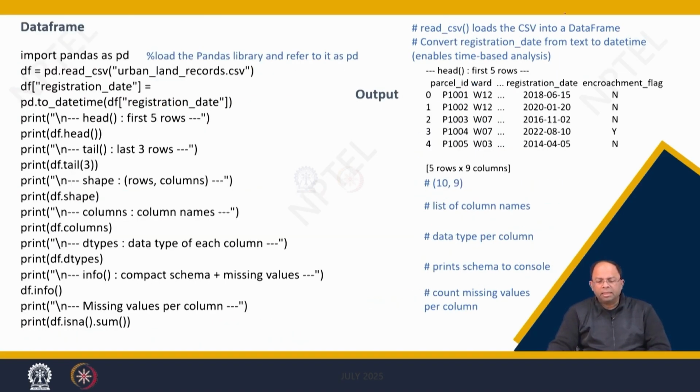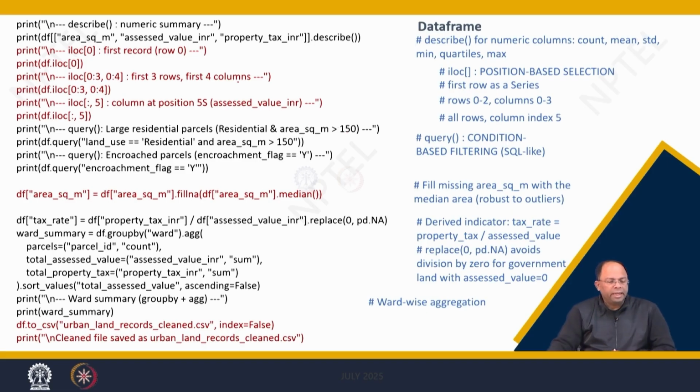So just to go back, when I say this first 5 rows, you see the output comes over here, where you can see that head first 5 rows is first printed, and then actually the first 5 rows starting from 0, 1, 2, 3, 4, these 5 rows are being printed as an output for this first command over here, right? Then we continue with the same program, print